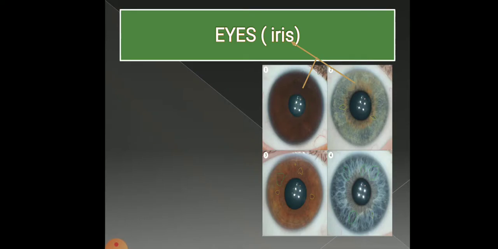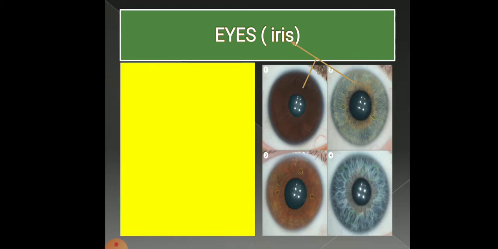Now iris. आइरिस पता है क्या होती हैं? आप ध्यान से अपने घर में जितने भी मेंबर्स हैं सबकी आईज को देखिए and note down the color of the eyes. You can see there are so many colors. Some of you are having blue color, brown color, or black color also, and other colors also.